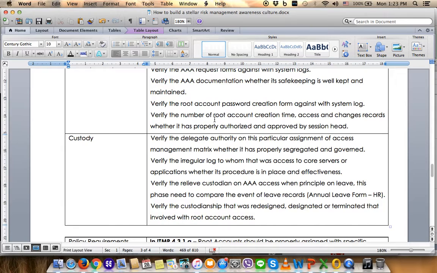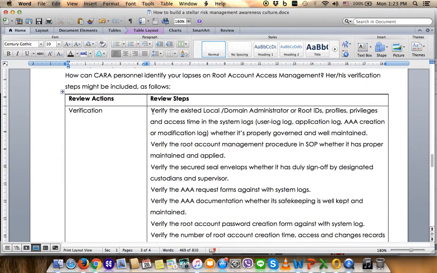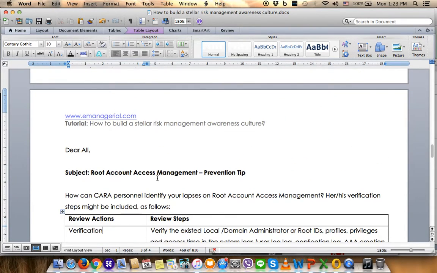This phase needs to compare against the leave record. So the auditor or risk assessor may take the annual leave record from HR to verify whether the access by the release custodian is fulfilled and complies with the requirement. The last one, verify the custodianship that was redesignated or designated or terminated that involved the root account access. This is just an example involving root account access management, for which we provide the